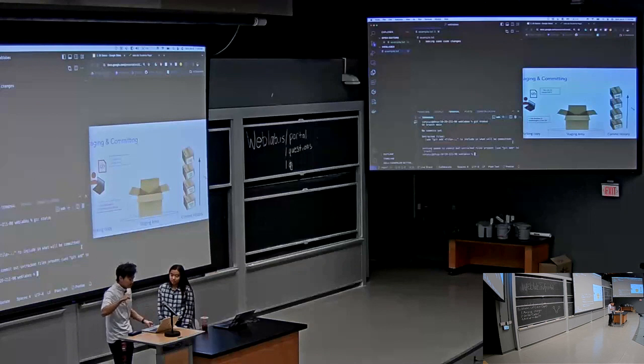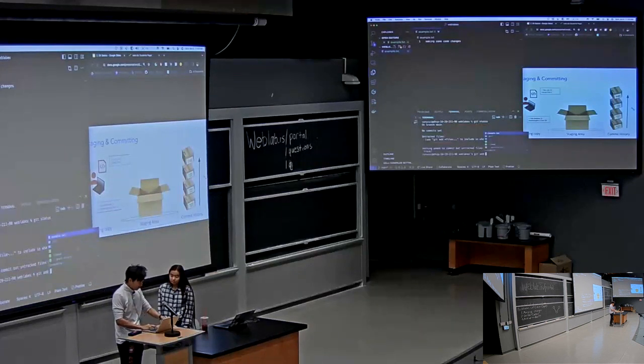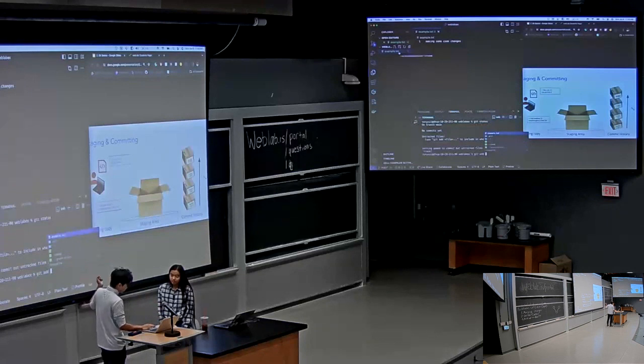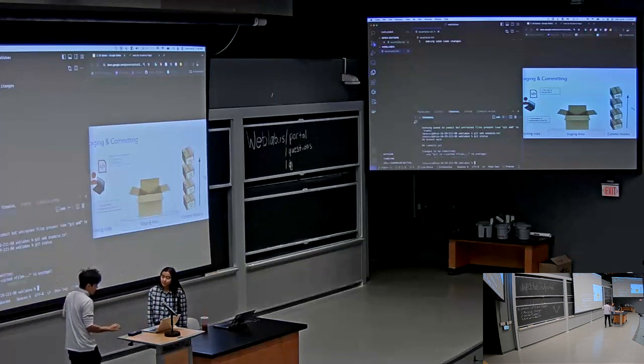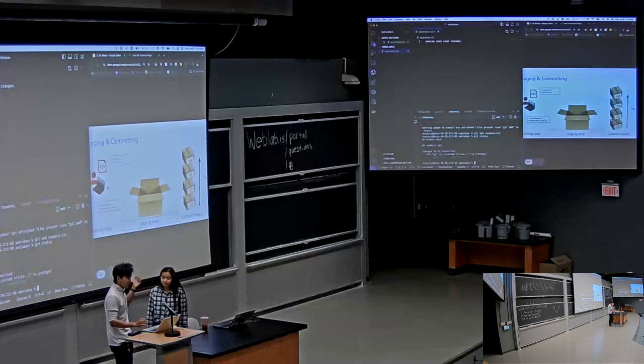To put them inside of the staging area, I do git add, and then the path to the file that I want to track, such as example.txt. Now if I git status again, I see that it is now in green. That means that I have taken the code changes that I made and I put them inside this open box